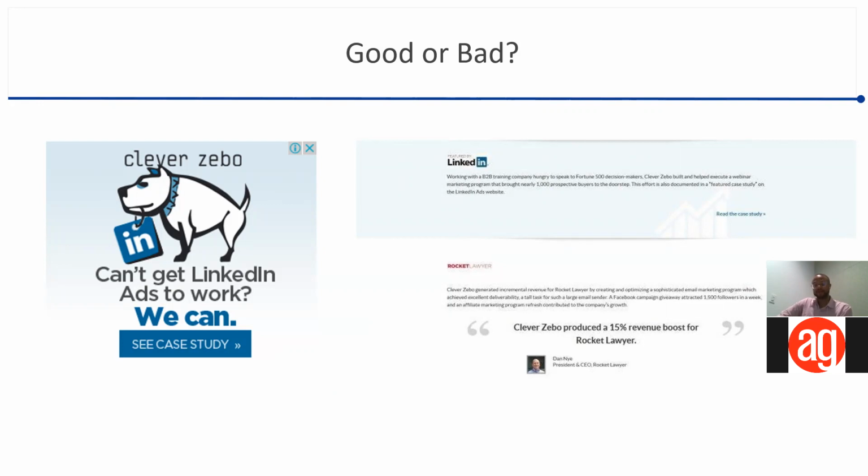I actually hate this landing page and this headline, right? Because, well, first, the display ad is talking about LinkedIn ads. And they have this featured on LinkedIn logo here at the top, but the headline doesn't really specify that they are able to help Rocket Lawyer with LinkedIn ads. It just says they gave them a 15% revenue boost. Yeah. How did they give them that? So I'm going to assume it's from LinkedIn ads, but then if we look at the snippet here,